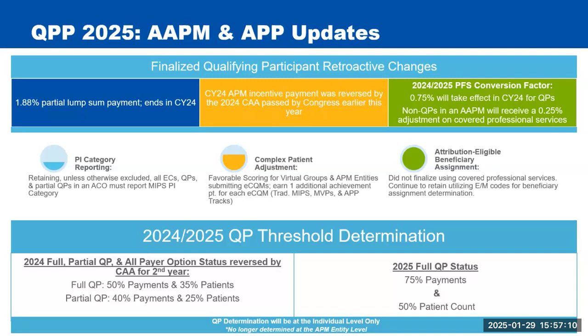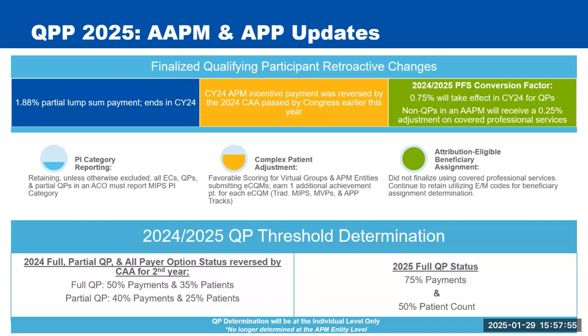Originally, the lump sum bonus payment that has been paid out as an incentive for providers and organizations to participate in advanced alternative payment models has been slowly transitioning and phasing out. Congress has intervened a couple different times, including in 2024 for the Consolidated Appropriations Act that was ratified in early 2024. This actually reversed the complete removal of that lump sum payment. Specifically in 2024, a 1.88% partial lump sum bonus payment has been added back for a